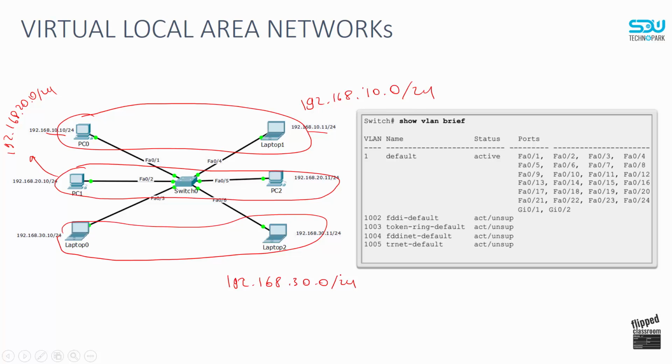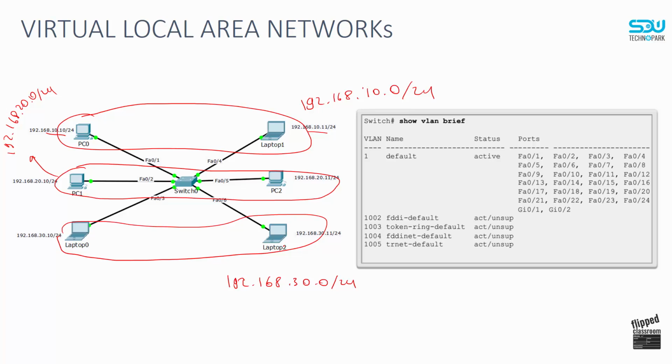So actually, if I ask you what kind of communications is possible between these equipments, maybe some of you will say that, alright, PC0 is only able to communicate with laptop 1, and laptop 0 is able to communicate with laptop 2 only. Well, actually it is somehow correct, but